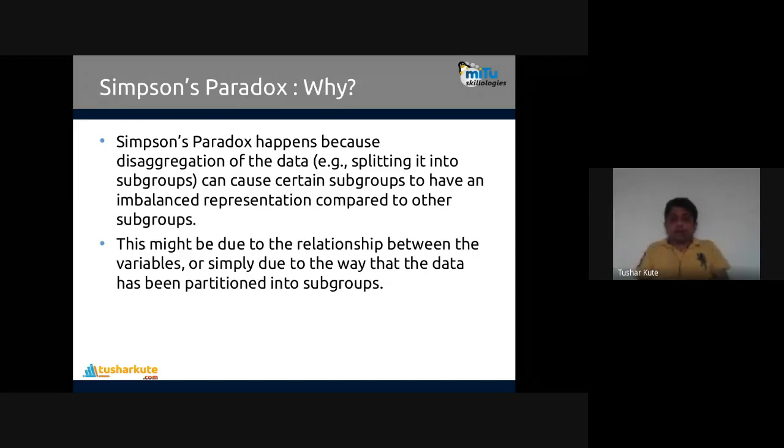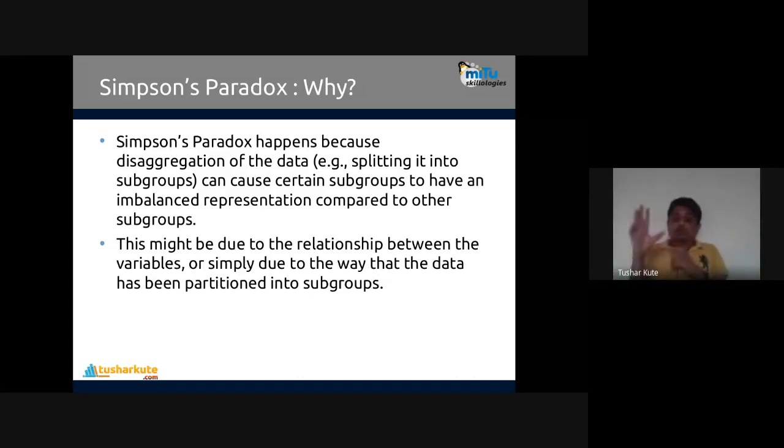Imbalance means, for example, I want to build a model to check what category the input belongs to. So we require previous data of both categories equally, say 50 entries of the first category and 50 of the second. Then we can find the similarity it has. But if you mix and then create subgroups of that data, it may be 50-50 at first, and now it may become 75 and 25 after mixing and splitting.